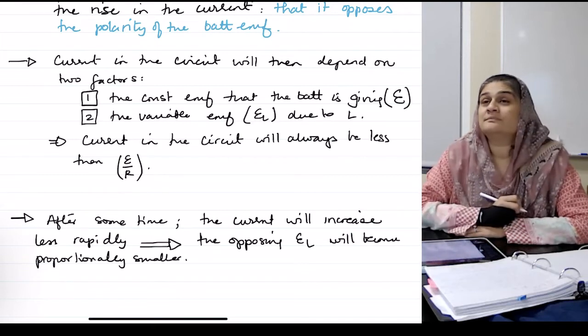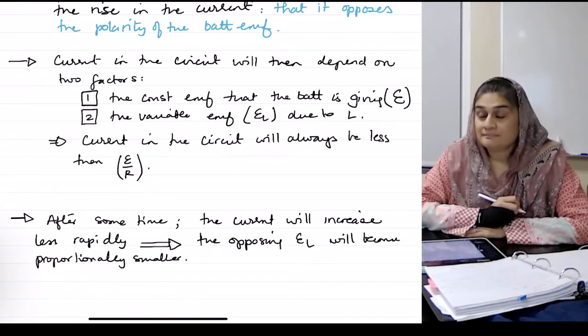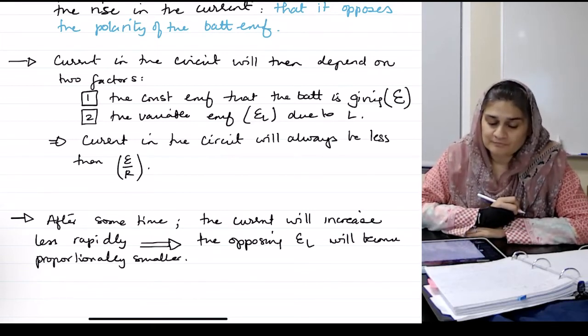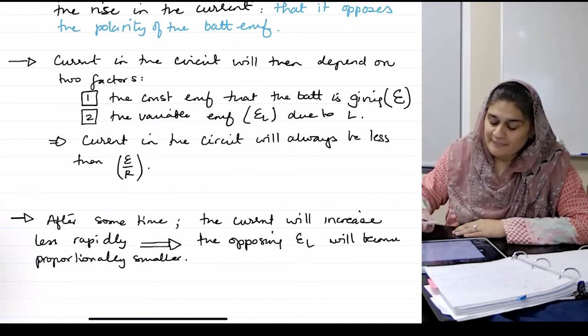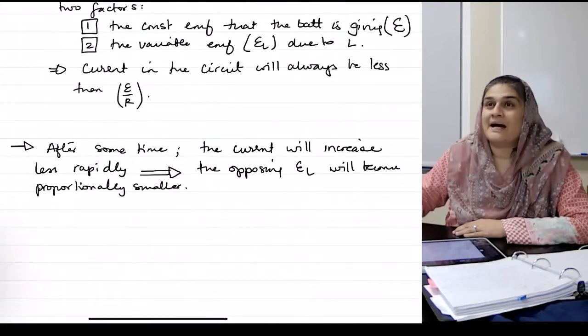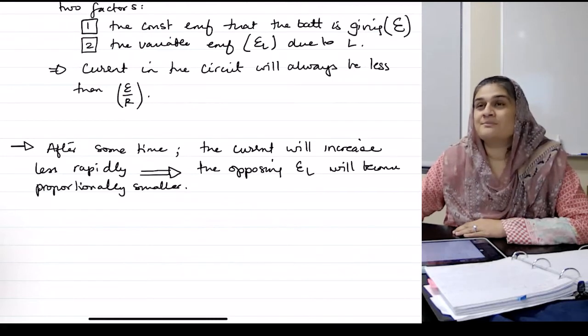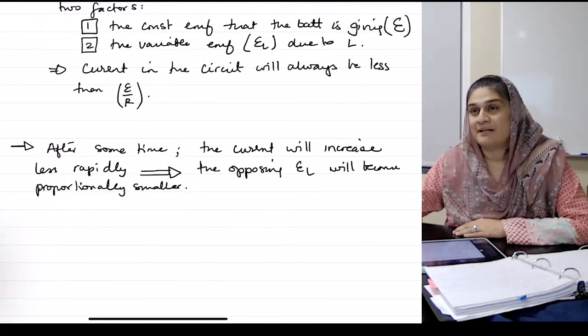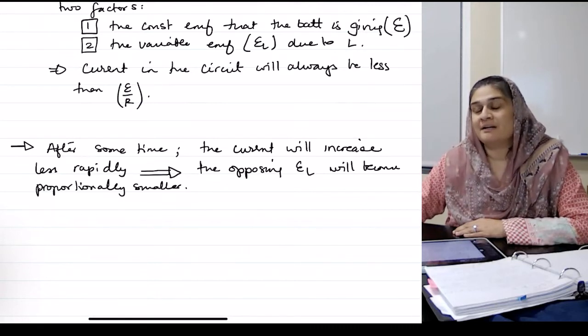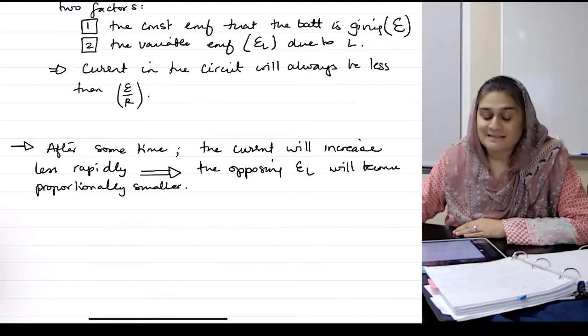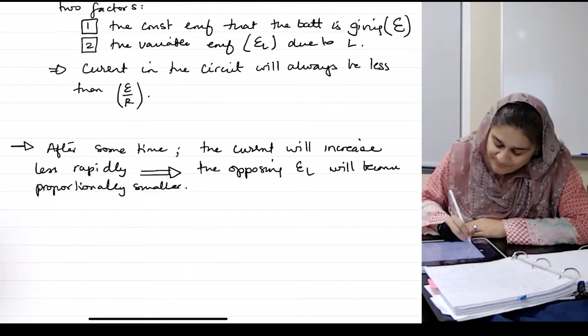Is that true? And this continues on, right? As current increases less and less and less rapidly, the opposing induced EMF will become proportionally small until it reaches